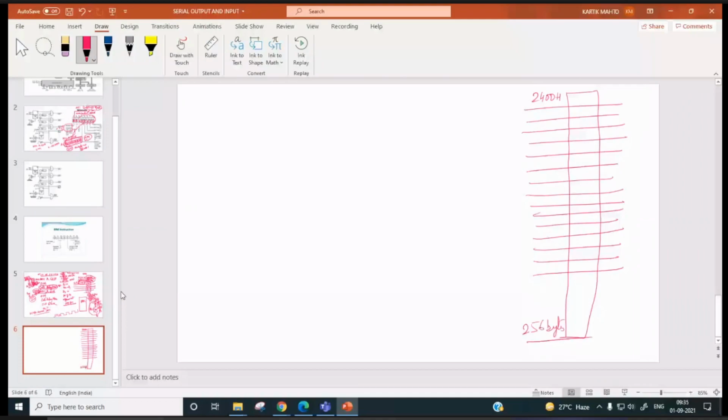This is the first byte, this is the 256th one, right? And in each byte we will have D7 to D0 bits.